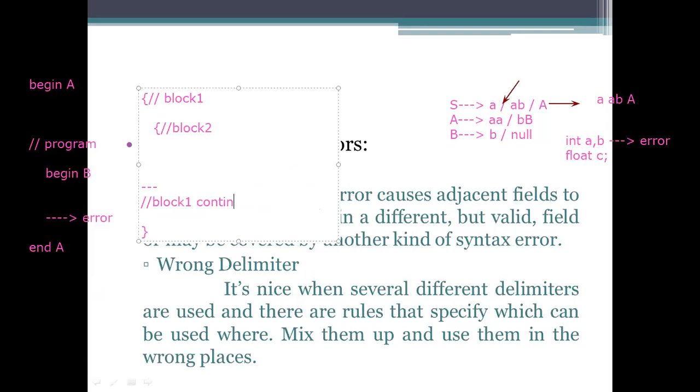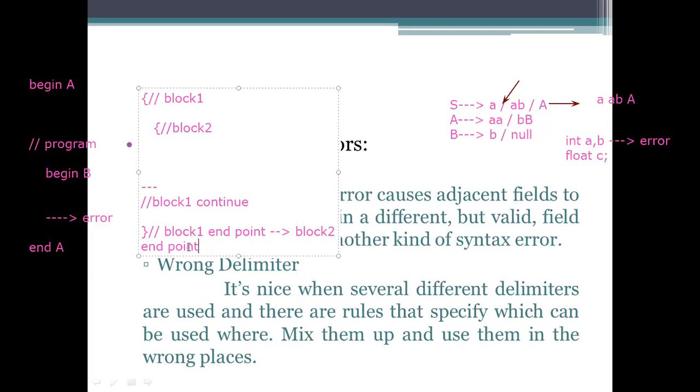Continue the statements there. So what happens? This one will be treated as block 2's. Actually, which one? That is a block 1 endpoint, but it will be treated as block 2's endpoint, and it will wait for the process here. Okay. So these are the multiple examples where we are missing delimiters.